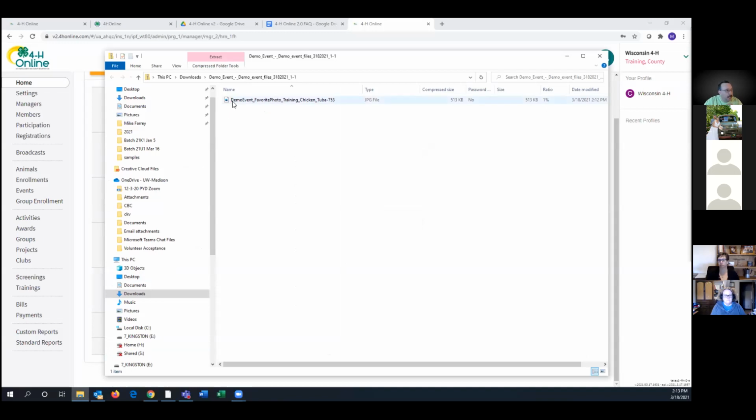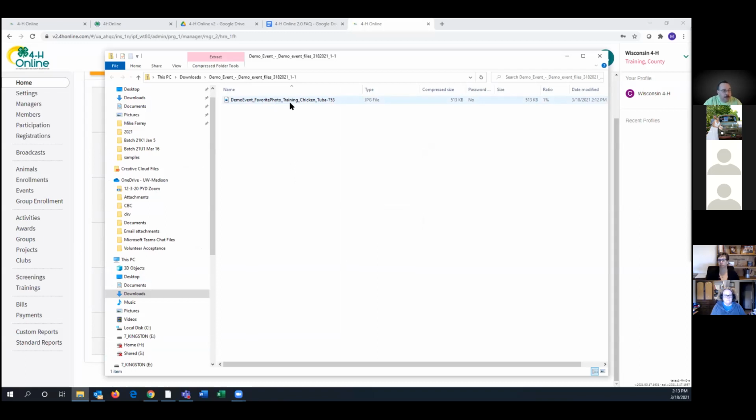You can see here, the file name is demo event, so it's the event name. Favorite photo, that is the name of the file that we had them upload. Because there was favorite photo, there was resume, and there was photo number 2. So this one here is the favorite photo one.